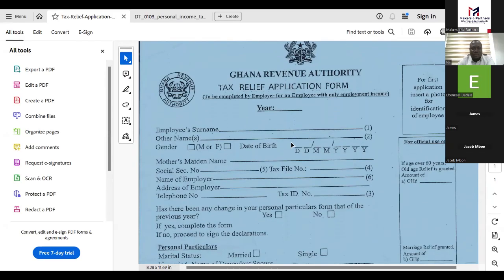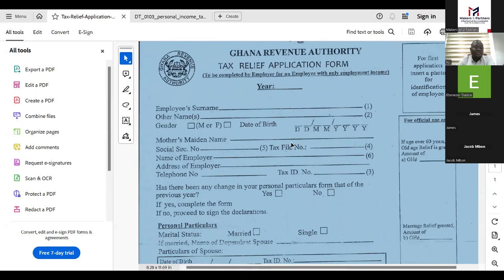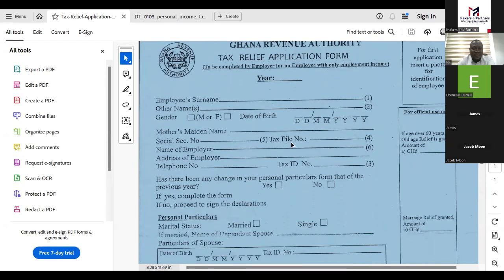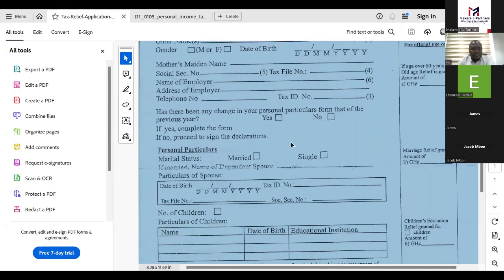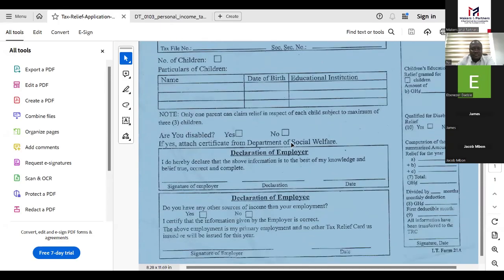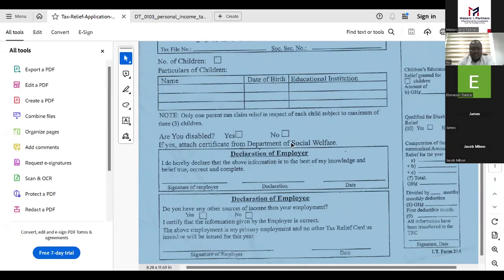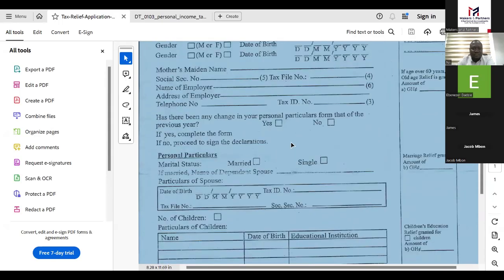So you have the year, and you're supposed to apply for this relief every year.